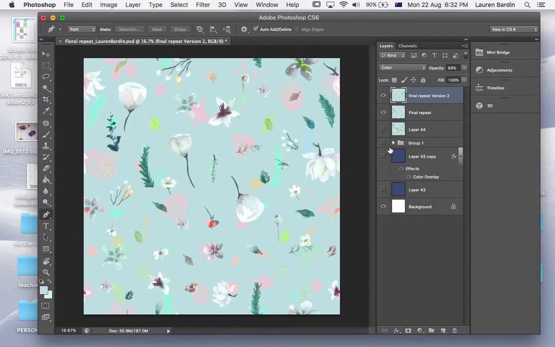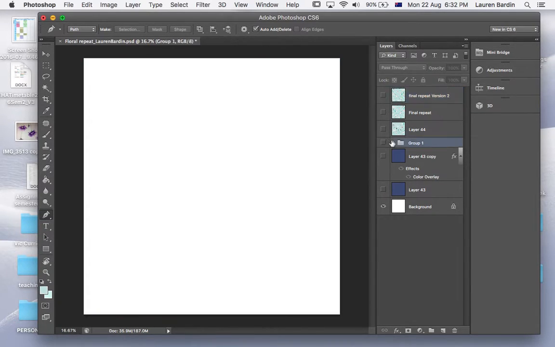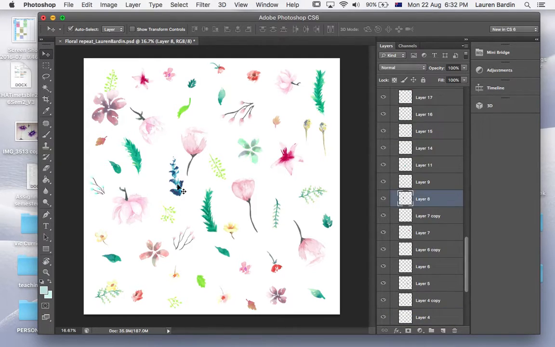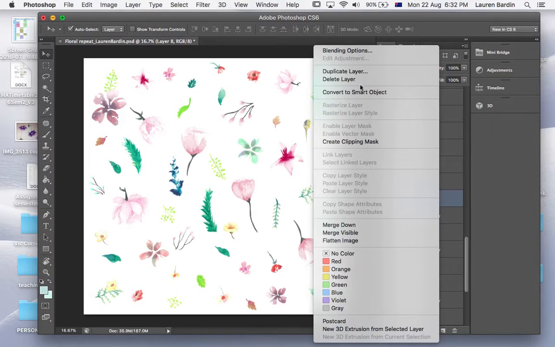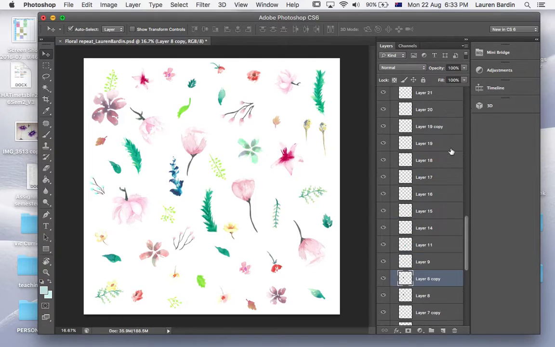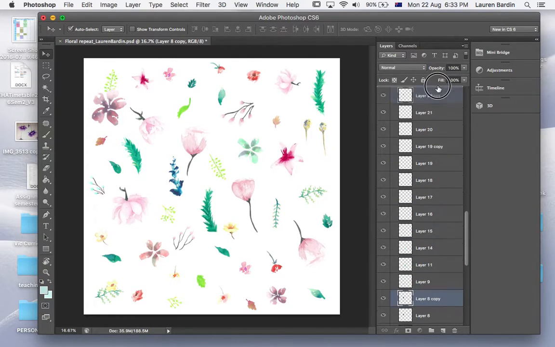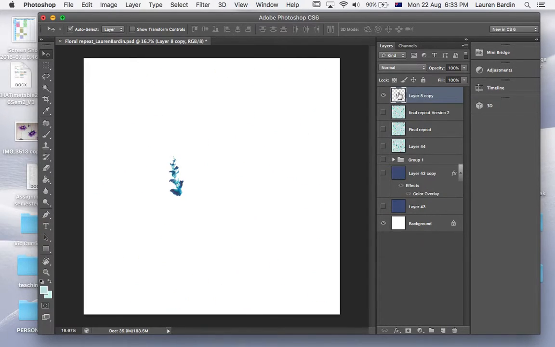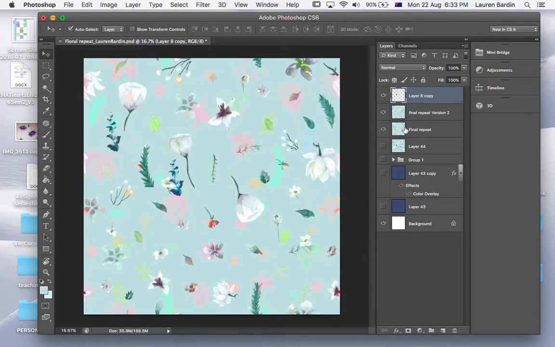Also, what you could do is go back into where all your emblems were, and you could actually copy those up and play with them. So for example, say with this one, I might duplicate it, and I can see that it says copy, and move it up to the very top. We always want to keep an original in case anything goes wrong, we want to reuse it. So now we've got our 2,